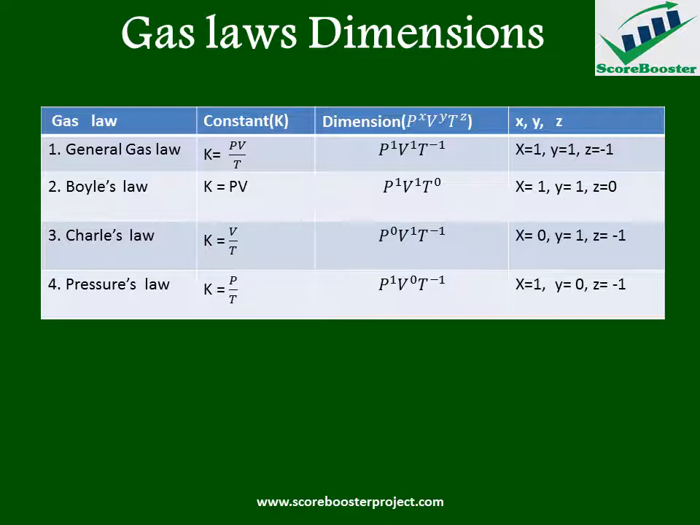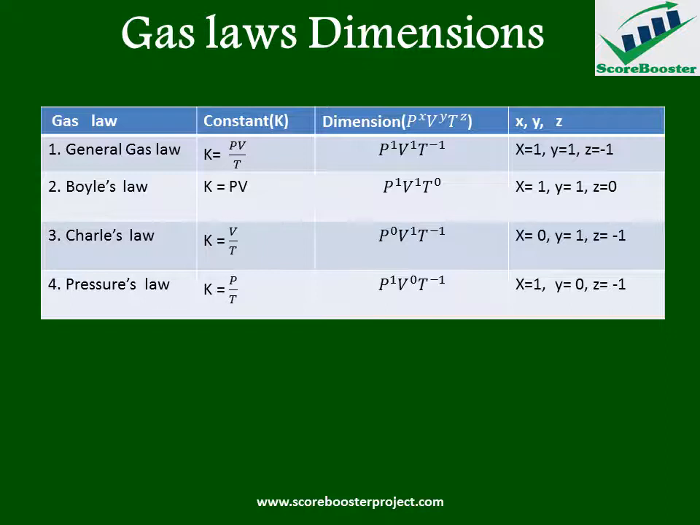So, the dimension of Charles' law is therefore P raised to power 0, V raised to power 1, T raised to power minus 1. So, if we compare this with the general dimension P raised to power x, V raised to power y, and T raised to power z, then our x will be equal to 0, y will be equal to 1, and z is equal to minus 1. And lastly